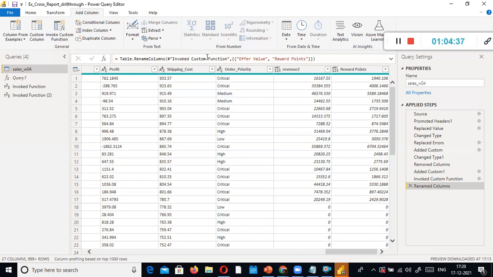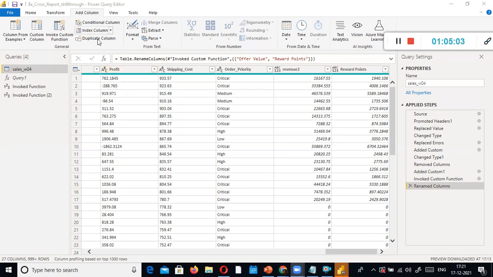If the age is between so and so, that means young age, and then middle age, and then old age, something like that. With that, you should be able to classify which age group of people purchased what, and what is their purchase behavior, right? So that kind of analysis you can do, okay? For that purpose, we use conditional column.